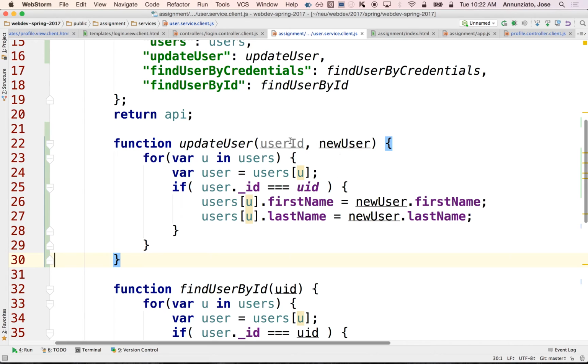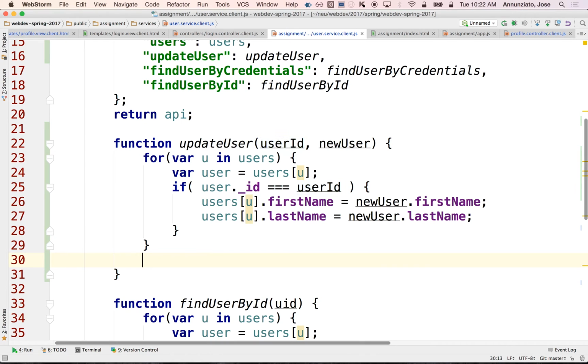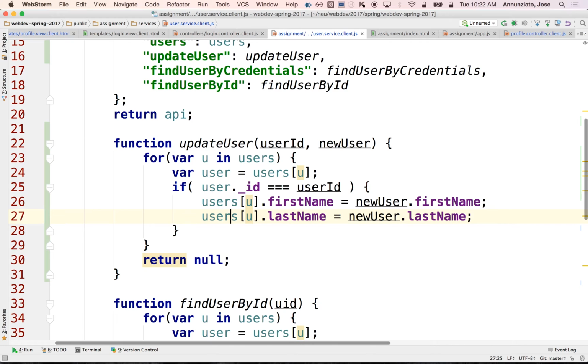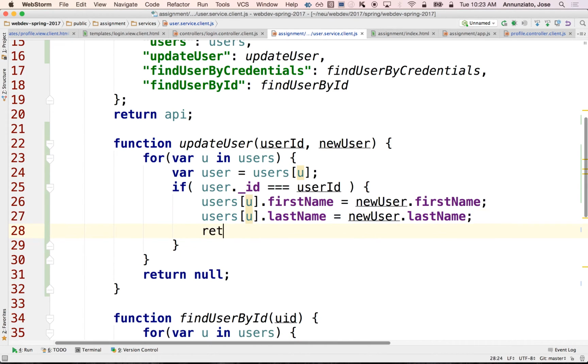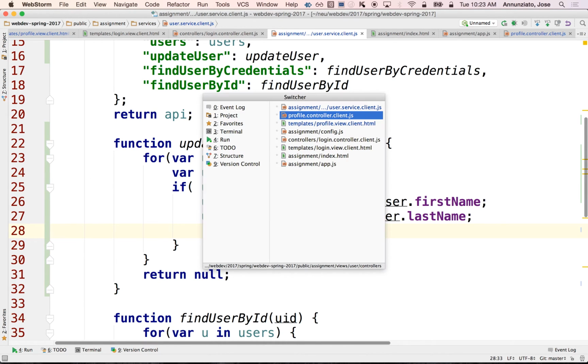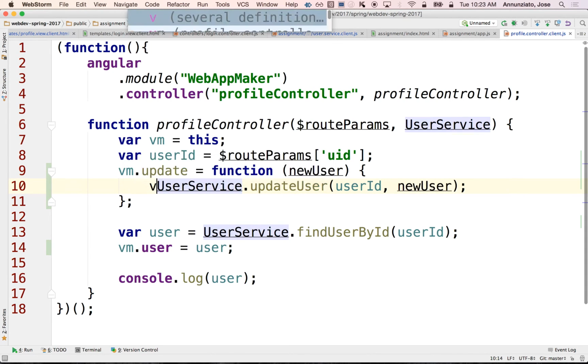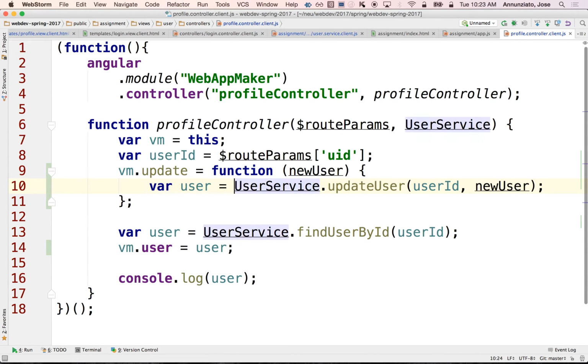Wait, did I do this right? User ID. Oh, it's equal to user ID. Okay. All right. So if it doesn't find it, I'm going to return null. If it does find it, then I am going to return, let's see, what should I return? We can return the user that we found, so that the update user in the controller, when it receives the user here,